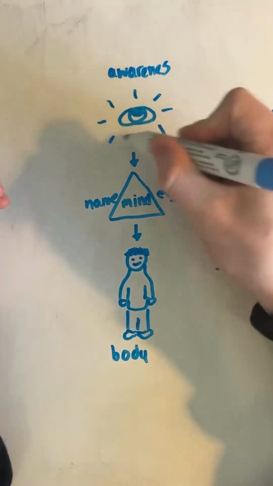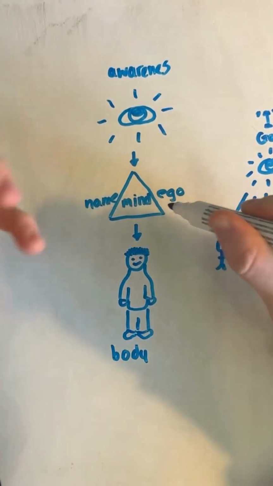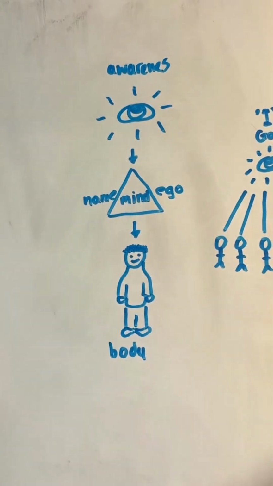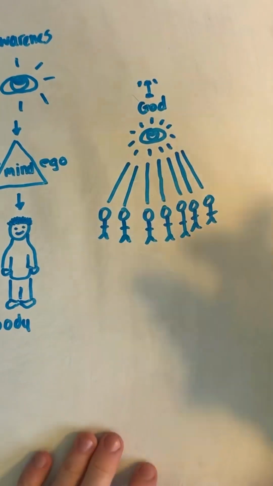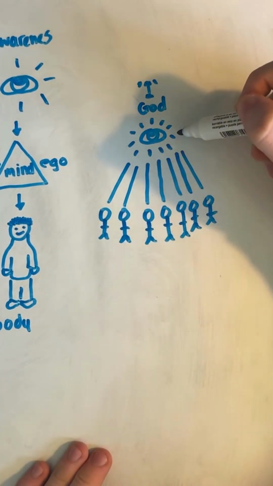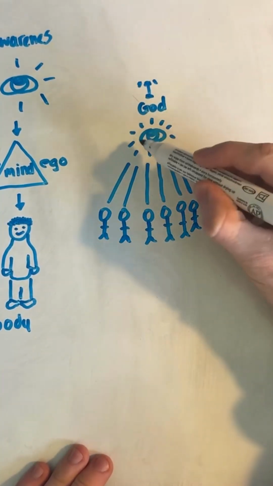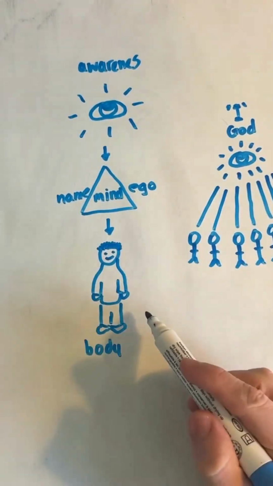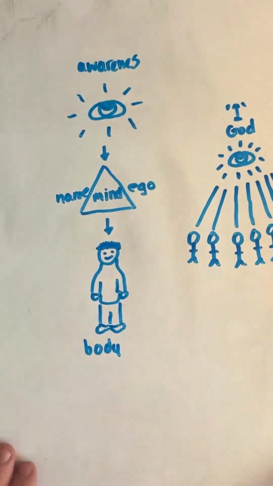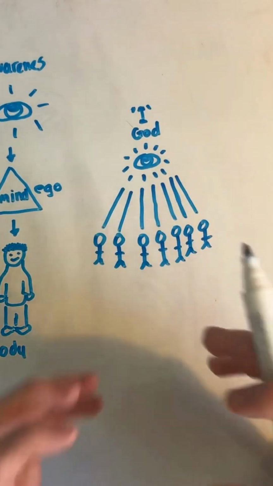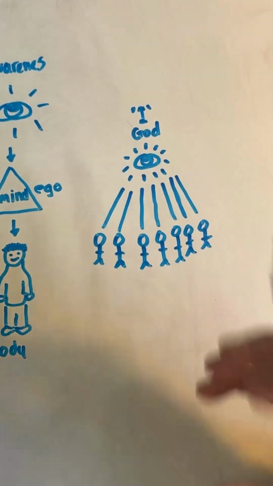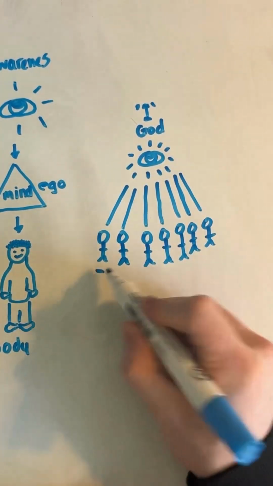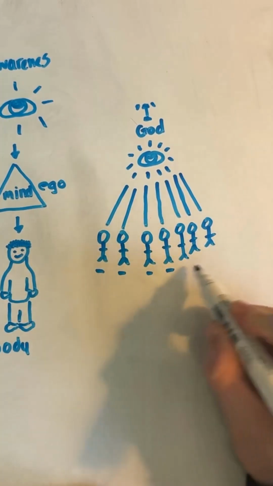You are the awareness behind your mind, behind your thoughts, behind your emotions, behind your body. And everyone in the world is a manifestation of that same awareness. We are all the same consciousness in different mind and bodies. We are all God experiencing himself in a three-dimensional physical form. Therefore, it is up to us how we unfold this creation.